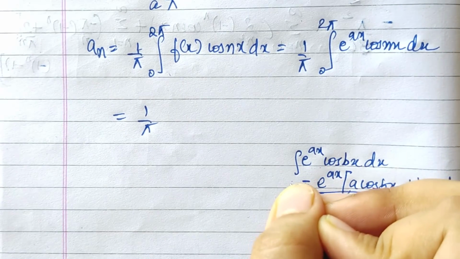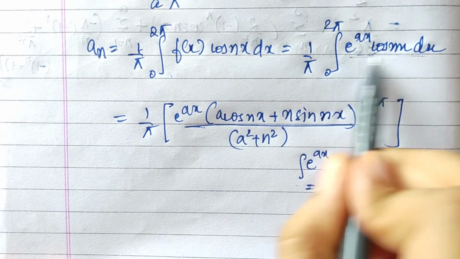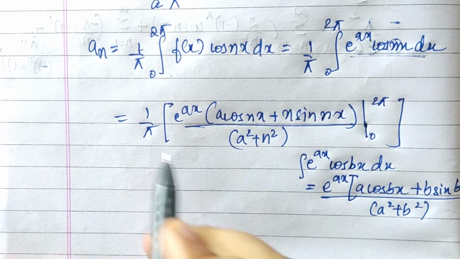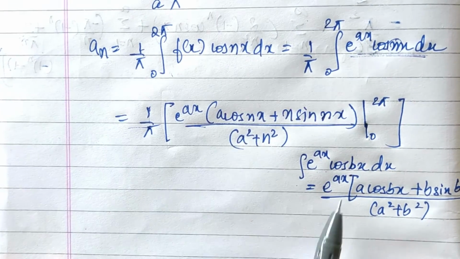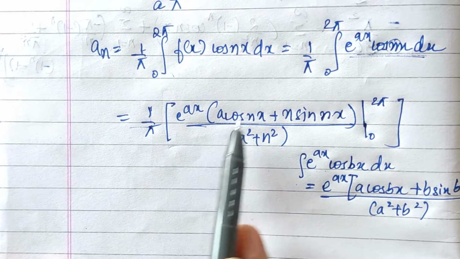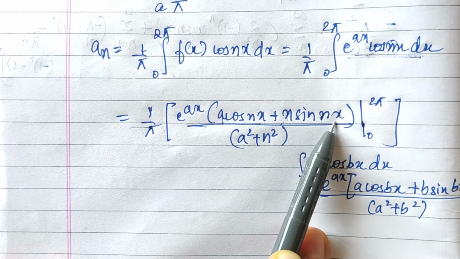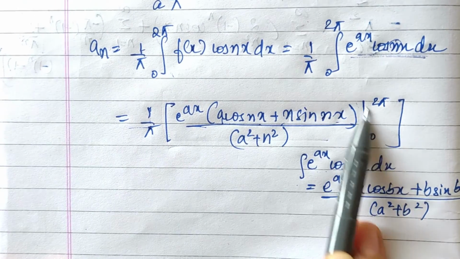So when we compare this formula to our given equation, n is nothing but our b. So it'll be 1 by pi e power ax into a cos nx plus n sin nx divided by a square plus n square